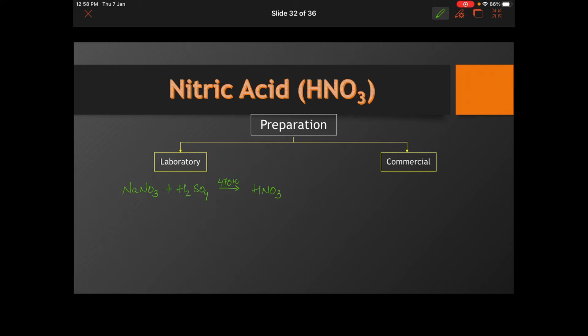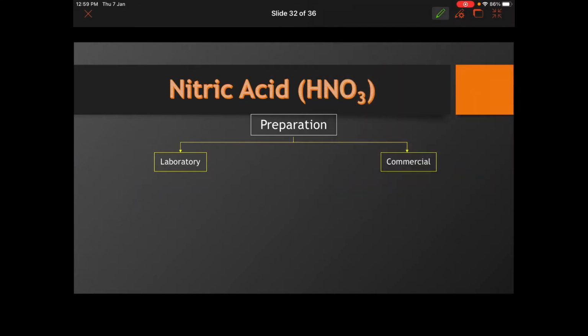Just try and understand this. From here, one H and NO3 goes as HNO3. We are left with Na, H, HSO4 minus, so we get sodium hydrogen sulfate over here. Very important. You do not have to mug up the reactions. You need to just understand the major product that is coming out, remove that major product, and the rest of the leftover product can be learnt like that. Is that clear? Perfect.